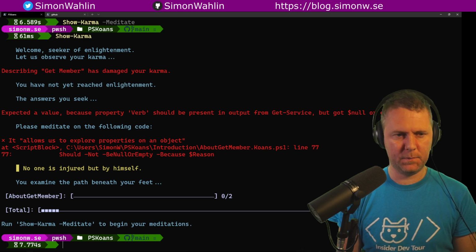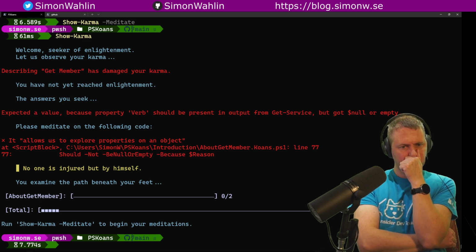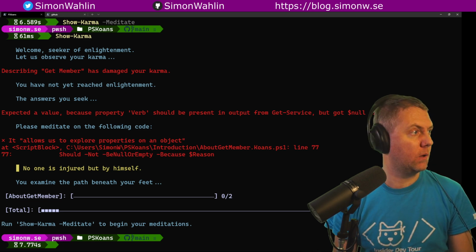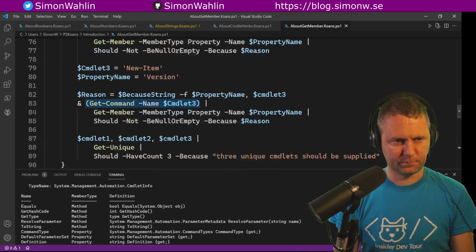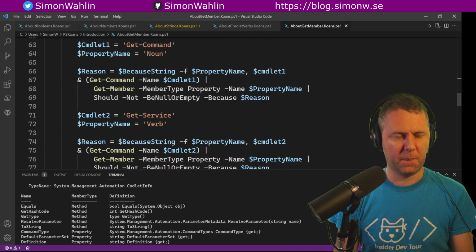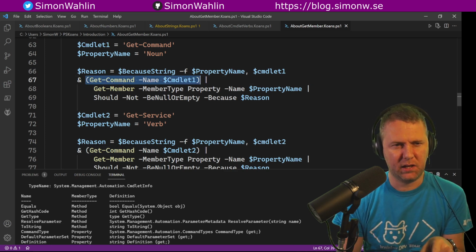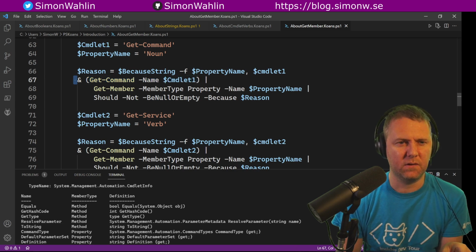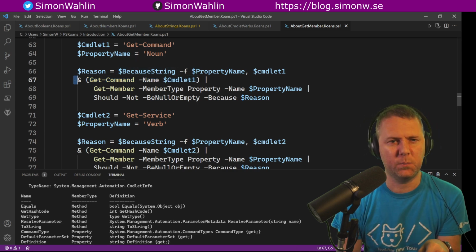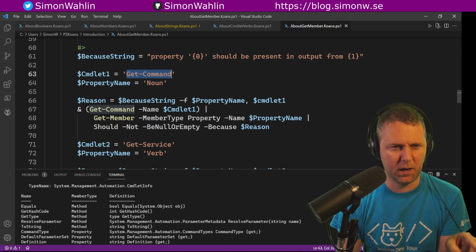But got null or empty. Ah, now I know. I did misunderstand the whole thing. I thought it was a bit weird. So there's an ampersand here, which is an invoke operator. So this actually gets the command and then invokes it and then looks at the actual output. So if I do a get command of get command and then I run get command and I pipe get command